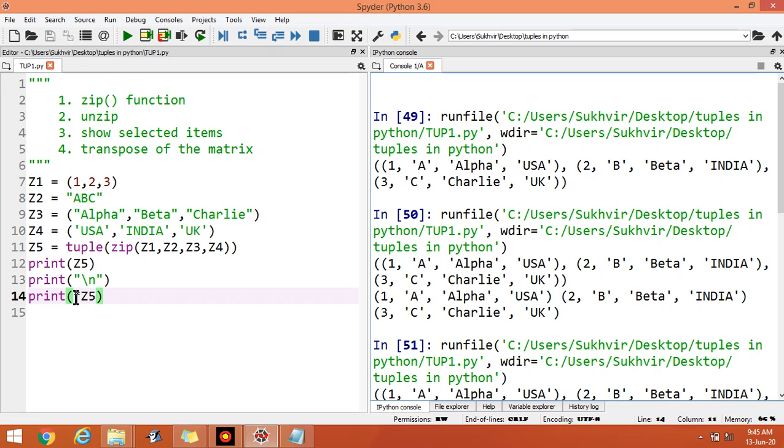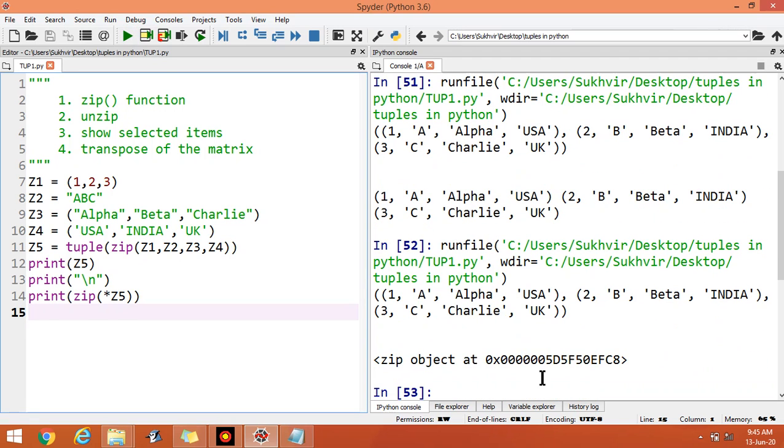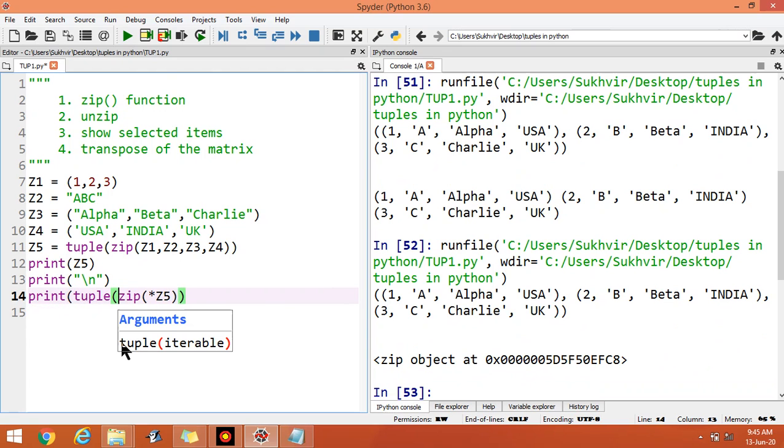You have to write here zip. Now check the output. Also you have to write tuple.